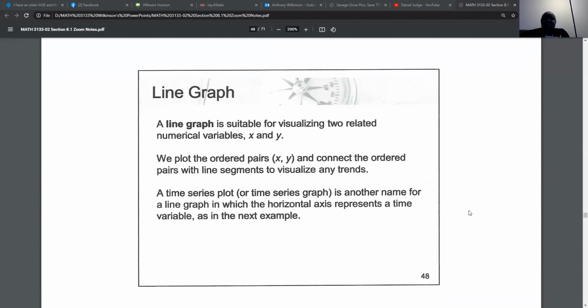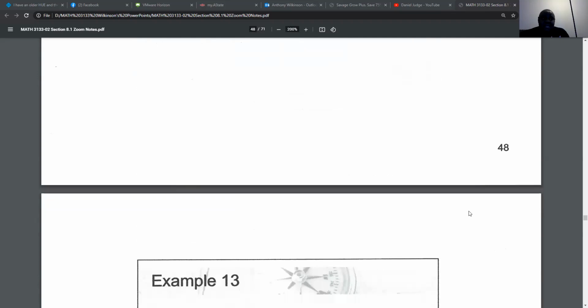Now, a line graph is suitable for visualizing two related numerical variables, x and y. In a line graph, we just plot the ordered pairs x comma y and connect the ordered pairs with line segments to visualize any trends. A time series plot or a time series graph is another name for a line graph in which the horizontal axis represents a time variable,